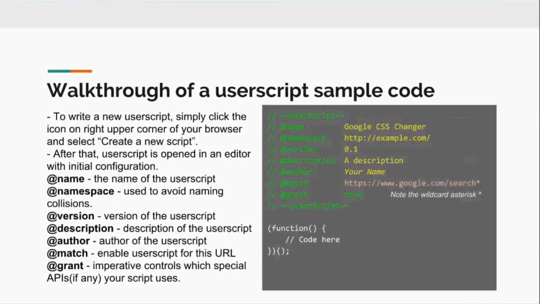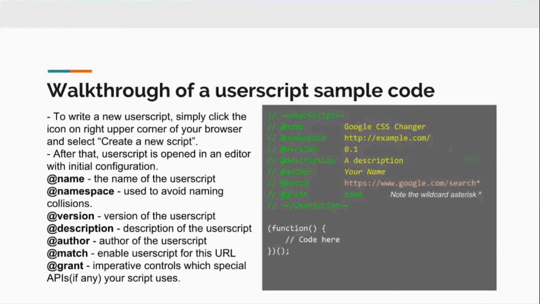Name, version, description, and author are self-explanatory. Namespace lets you define scripts of the same name, while their namespaces are different. Grant lets you define APIs from other scripts that you want to use in your user script. And the most important attribute is match, which defines which sites you want the user script plugin to run said